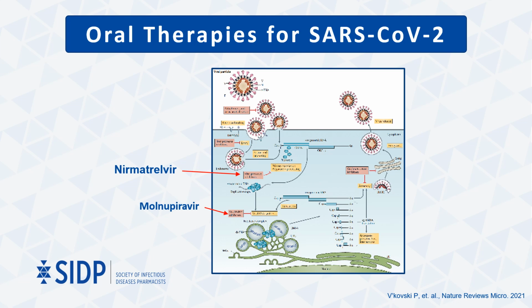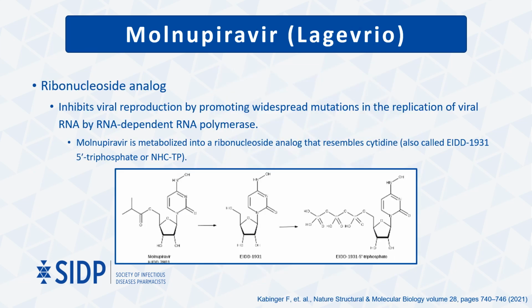With respect to the current therapies that we want to talk about for SARS-CoV-2, we'll be talking about 1 protease inhibitor and 1 RNA-dependent RNA polymerase inhibitor. These 2 medications are Nirmatrelvir and Molnupiravir. Molnupiravir is a nucleoside analog that inhibits viral replication by promoting widespread mutations in the viral genome by inhibiting RNA-dependent